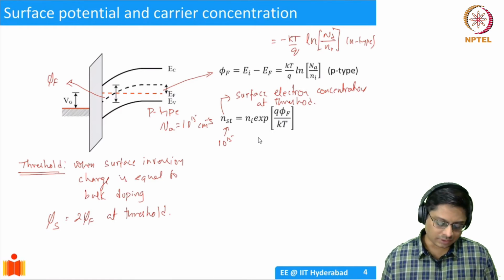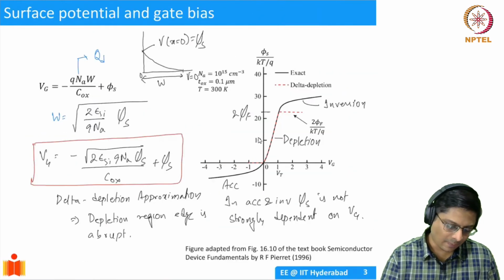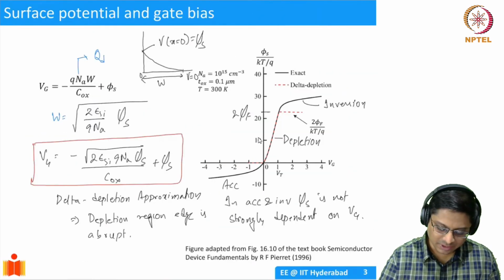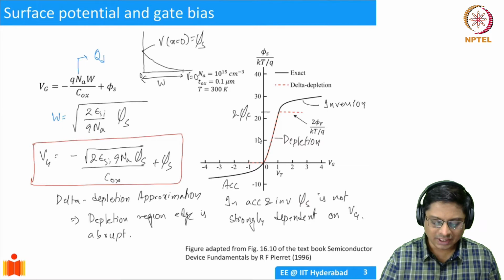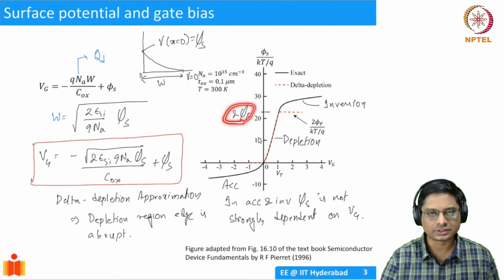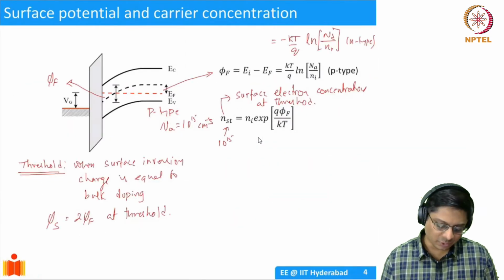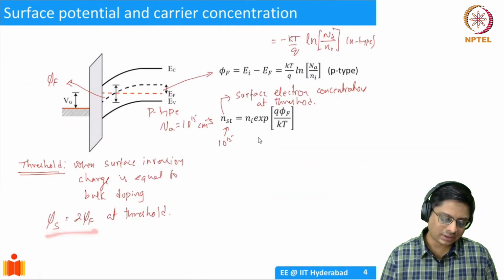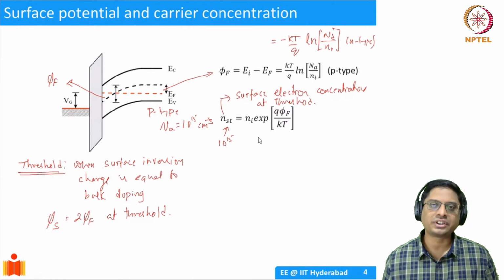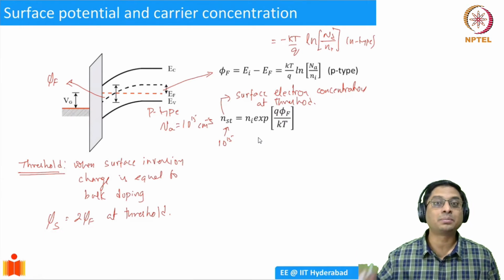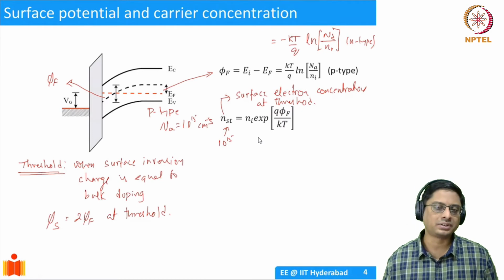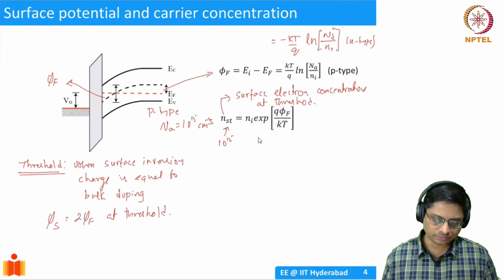Right. So we are coming to the same point as what we mentioned last time. Here, we said that in the depletion region it is exactly matching, and we called the threshold point the point at which surface potential equals 2 phi f. Okay. The reason we are doing that is that at that point, when surface potential becomes 2 phi f, the inversion charge concentration at the surface will be exactly equal to the bulk doping, whatever the bulk doping is. Okay. So well and good.